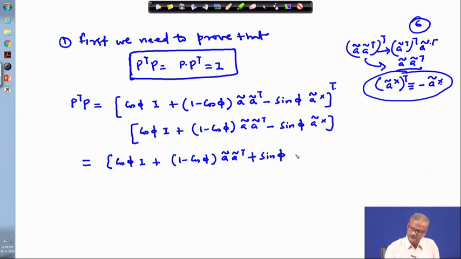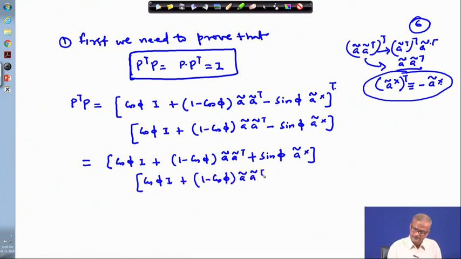So, we need to put here plus A tilde cross, and then this is to be multiplied by cos phi I minus sin phi times A tilde cross. And if you multiply and expand this, a few properties you need to use. So, first we have to expand it and then multiply,